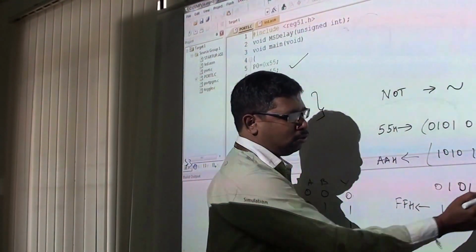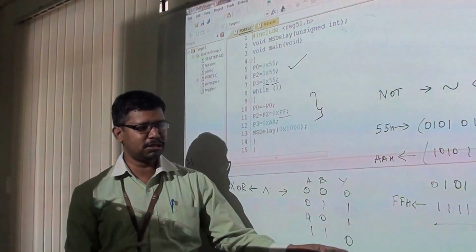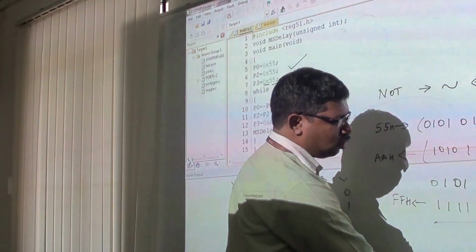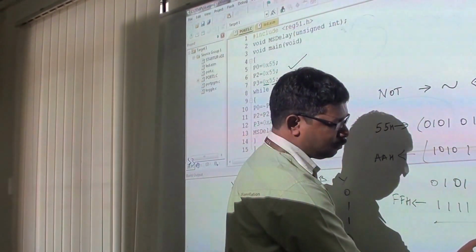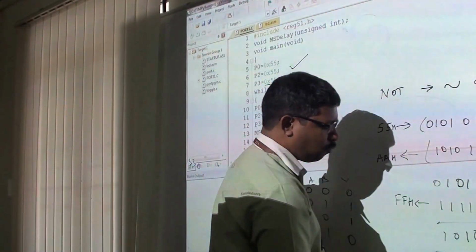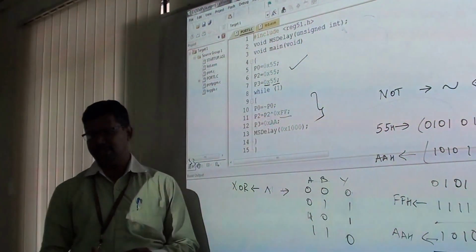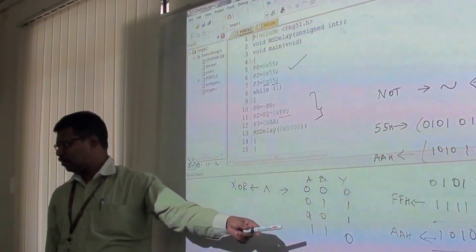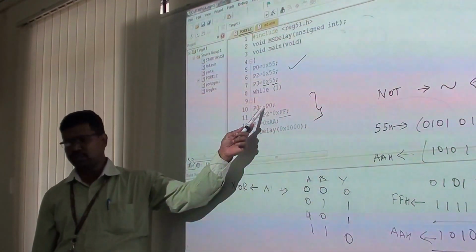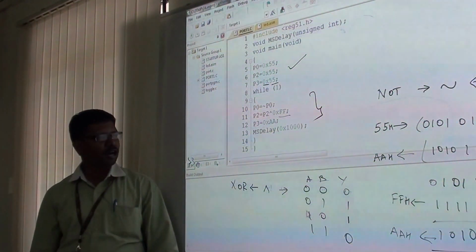I am going to do it bit by bit. When the inputs are the same, the output will be 0. Whenever there is a difference, the output is 1. So now we can obtain the output value AAH in this method. You understand? In the previous method we used the inverter operator; in this method we have used the exclusive OR operation.